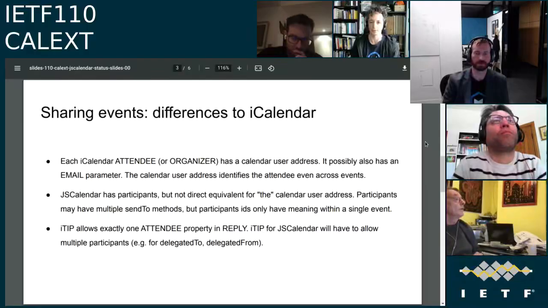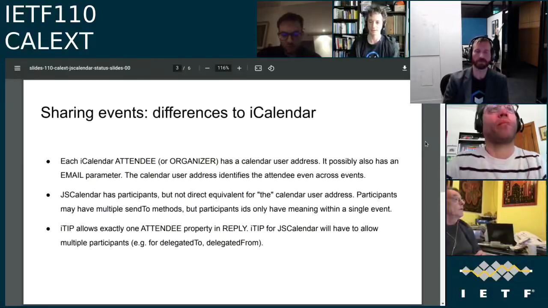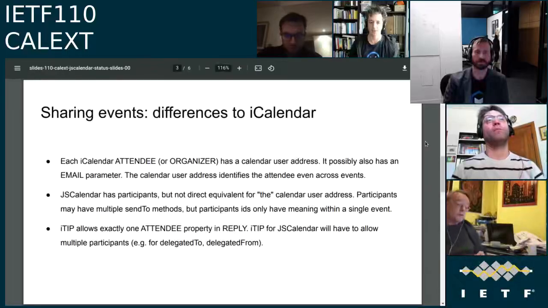The thing is, while working on the JS Calendar iCalendar document, we came to realize that there is not necessarily a clean mapping between the way iCalendar attendees are defined and JS Calendar.